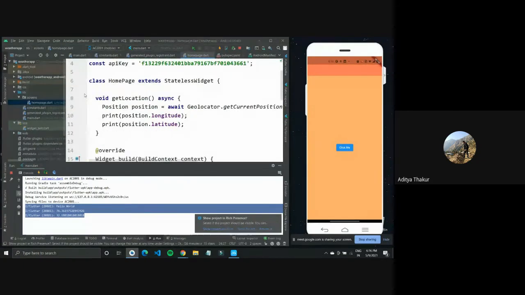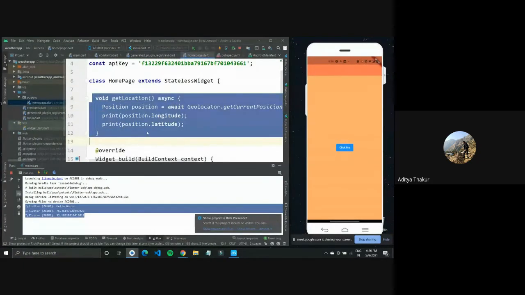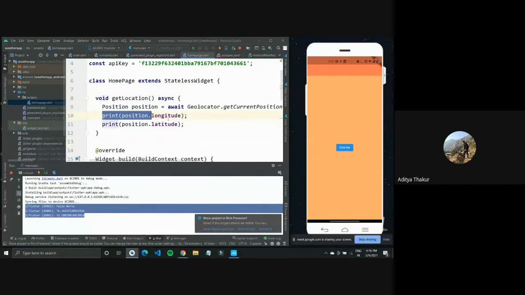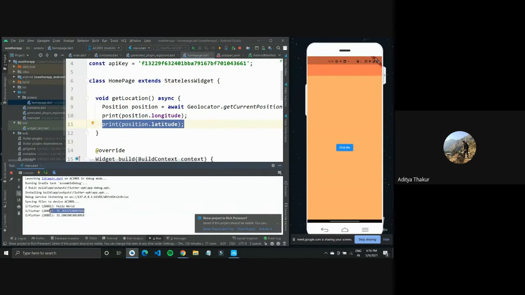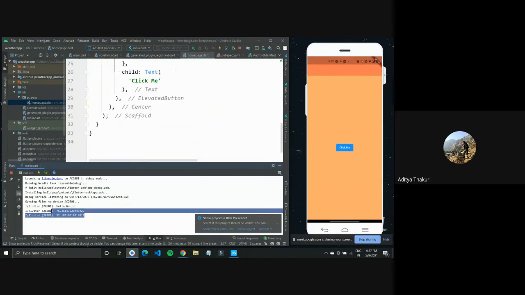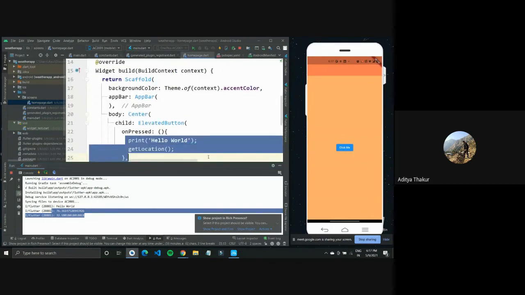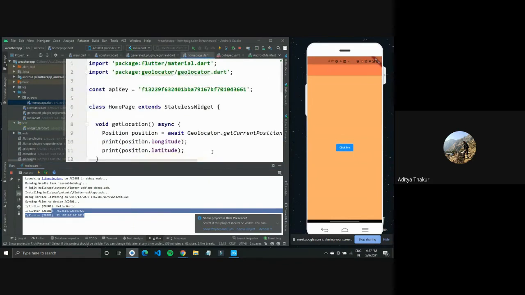The get location function is defined here, which prints the longitude and the latitude respectively, and we got them on the screen, and we have the hello world printed as well. So we have done the first step successfully, using the geolocator to get the mobile device location.